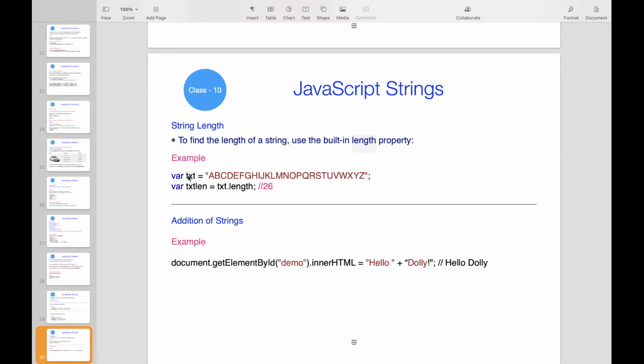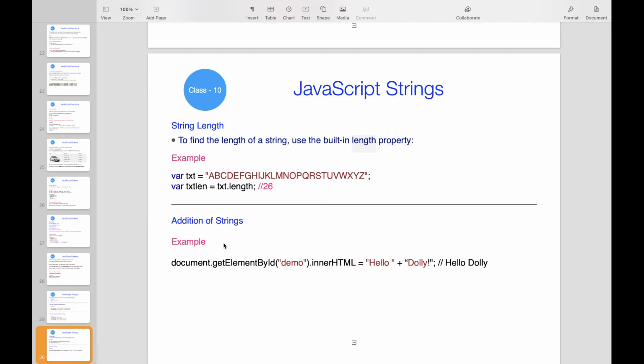Here we took one variable and assigned some value, then took one more variable and did string dot length. That will give the number of characters in the string, for example 26.